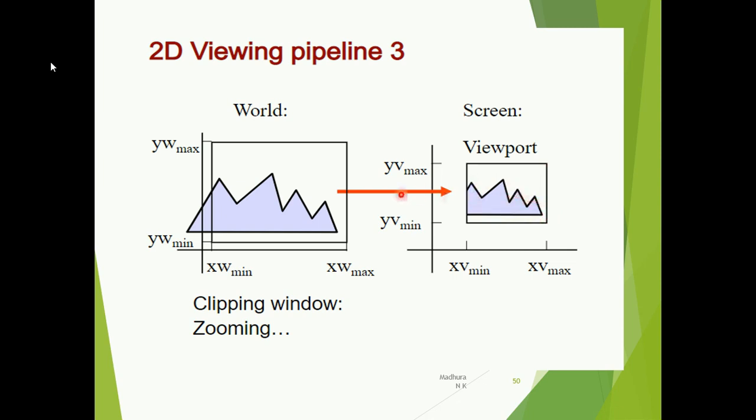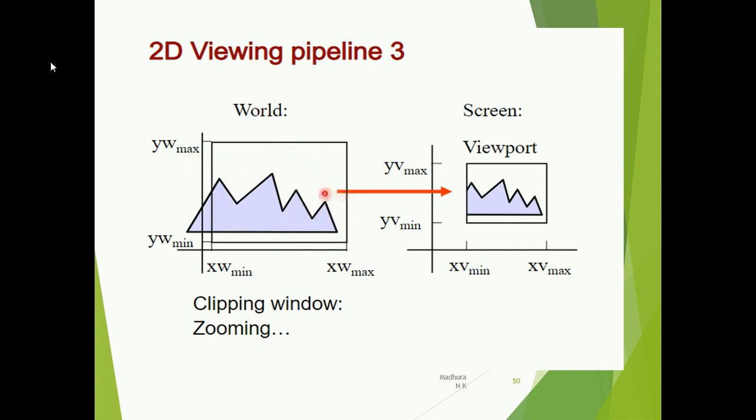So here you will be having a boundary for this clipping window, is it? The boundary is defined by xw minimum, yw minimum, and xw max and yw max. Now you can perform the zooming effect for this particular clipping window.